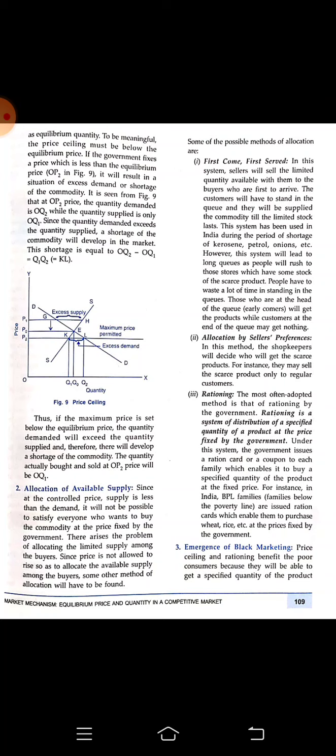Rationing. This is the most often adopted method. It is rationing by the government. Rationing is the system of distribution of a specified quantity of product at a price fixed by the government. Emergence of black marketing. Price ceiling and rationing benefit poor consumers because they will be able to get a specific quantity of the product